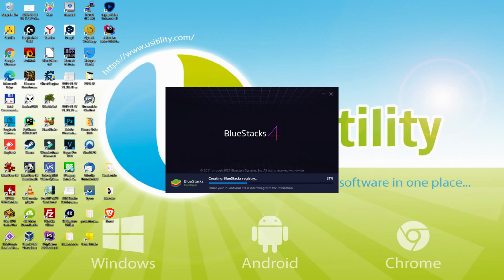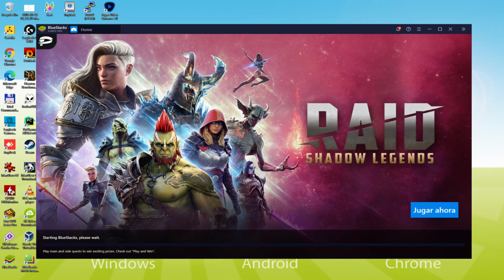The download is completed, so at this time it continues on with the setup procedure. The installation will take more or less time based on the strength of your laptop or computer. The more robust it actually is, the faster the installation time and or vice versa. If we combine the download and software installation stage, it usually takes quite a while, so be patient. It has now completely finished on my side. At this time, the emulator has actually been launched successfully.